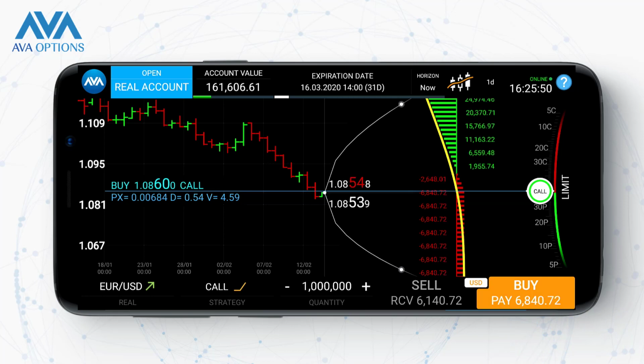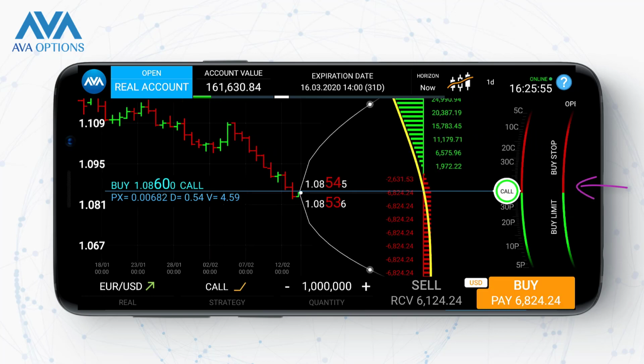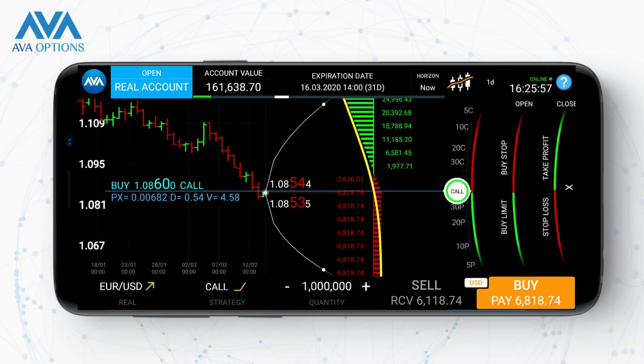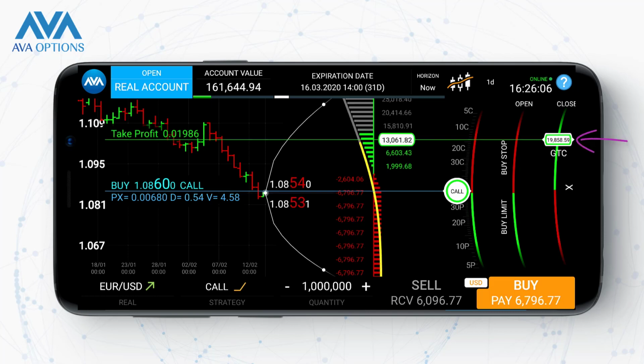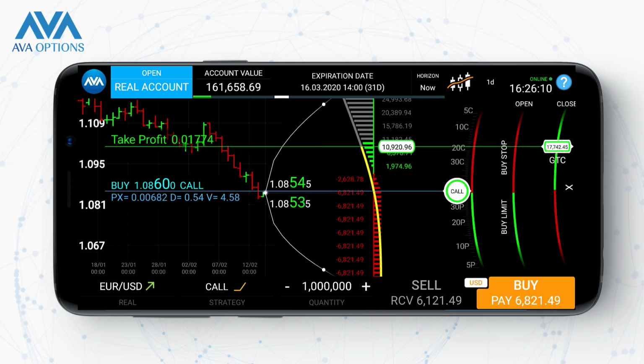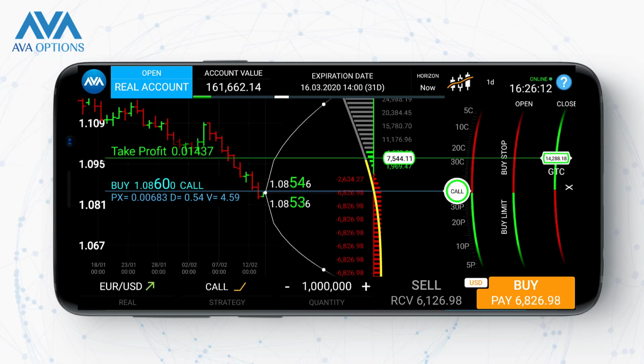Let's say I want to put in a take profit order. I click the word limit on the right side, and we see these opening and closing limit order panels. I'm going to touch the close limit panel and choose a level at which I'm interested in selling this option. If I'm paying $6,800 for it, let's say I want to sell it for about